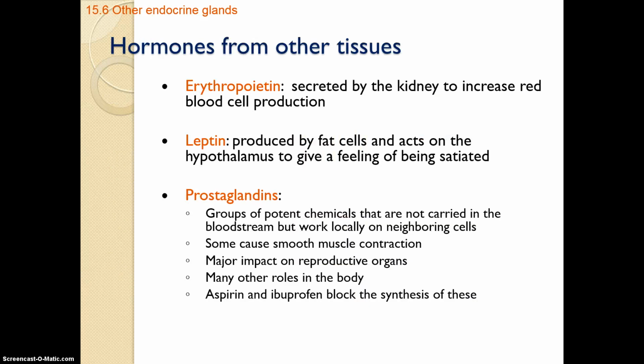Okay. Other hormones and other tissues, we already talked about EPO. Remember Lance Armstrong? Shame on him, who had a whole bunch of red blood cells. Not necessarily a good thing because then you have some really thick blood. So not the best thing to do. But EPO comes from our kidneys.